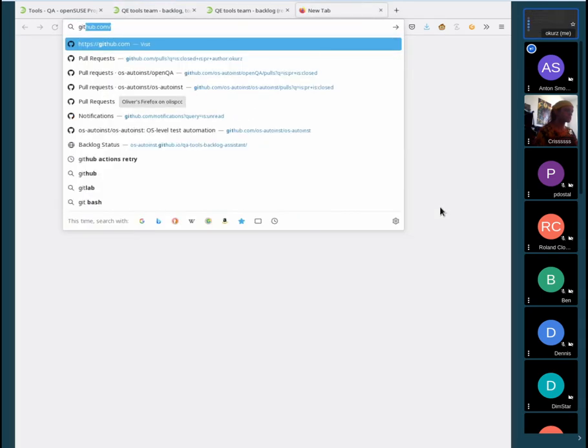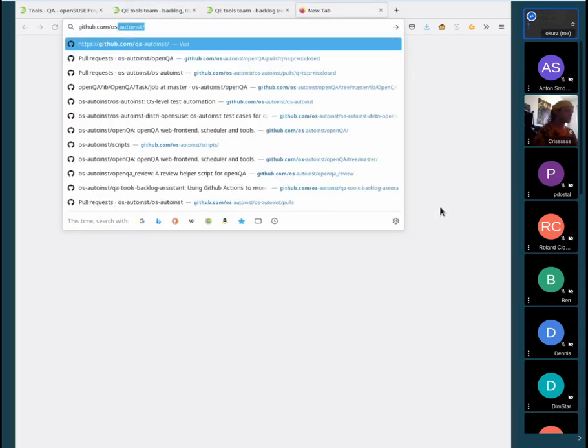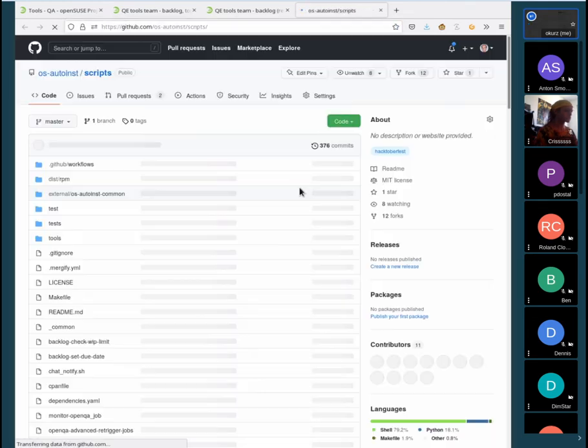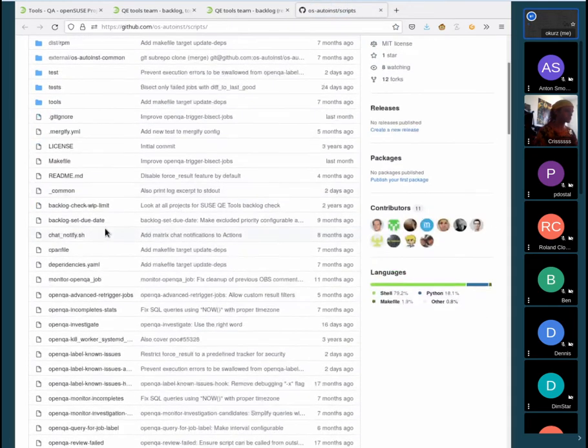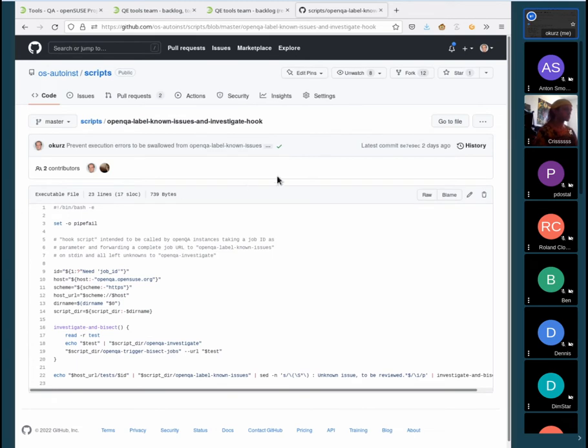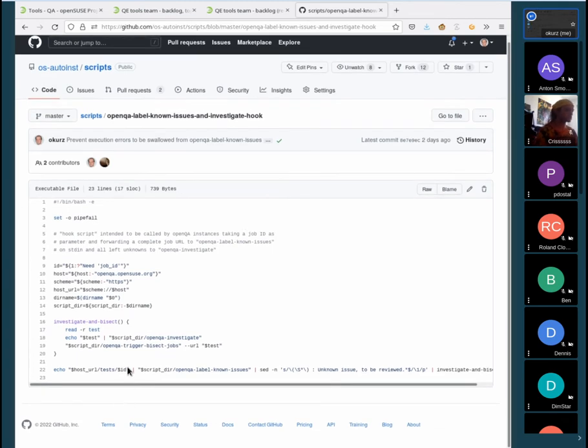Okay. Thanks. Right. So I can show you actually the script which does that, because it's really simple. It's the openqa-label-known-issues and investigate hook. So you see what it does.